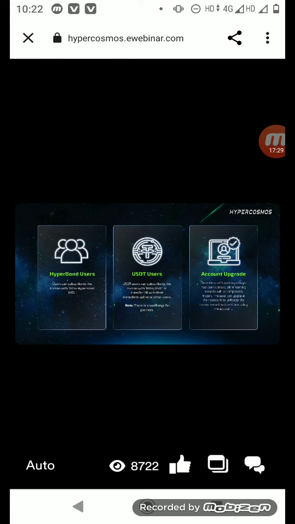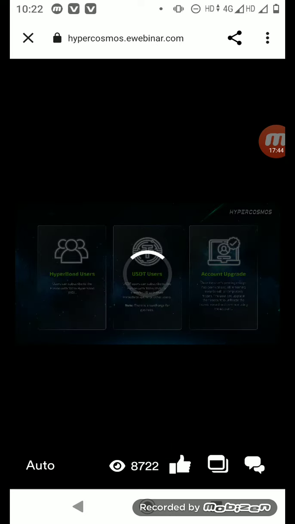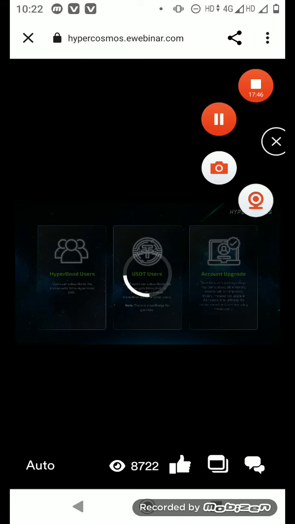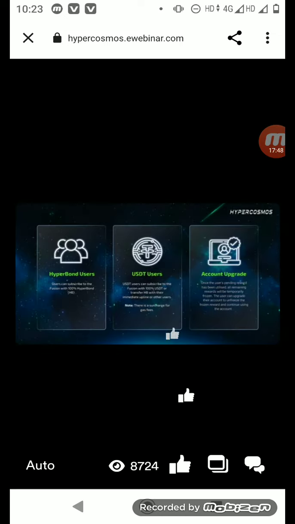Do note and take into account that there is a surcharge for gas fee. Once the user's account reaches a certain targeted profit, meaning the projected triple rewards, the account will be temporarily deactivated or frozen, but for USDT in order to continue using the original account.